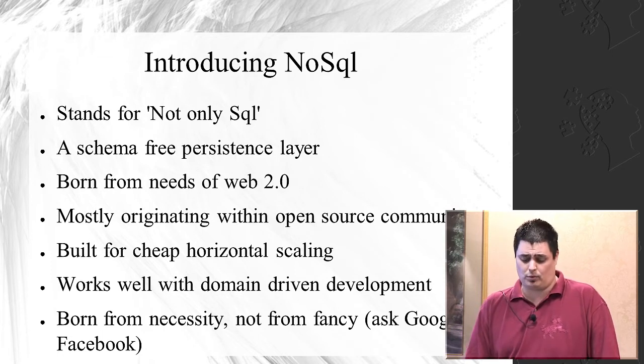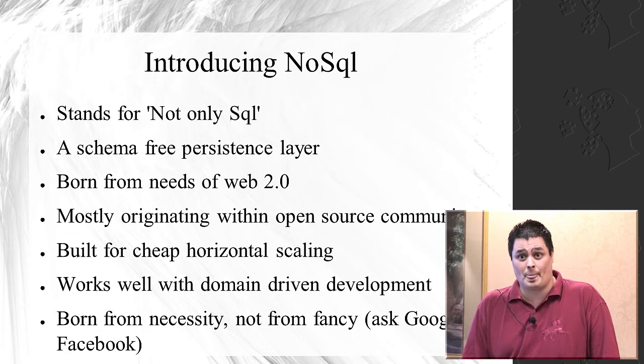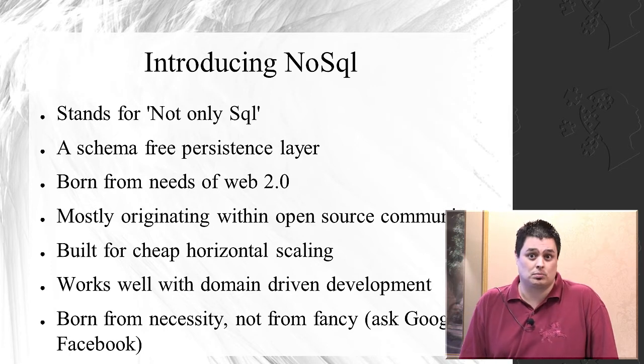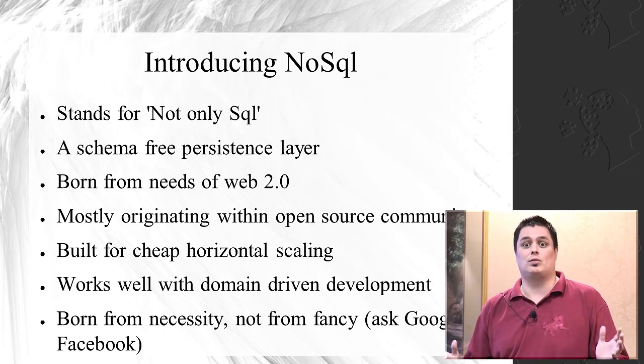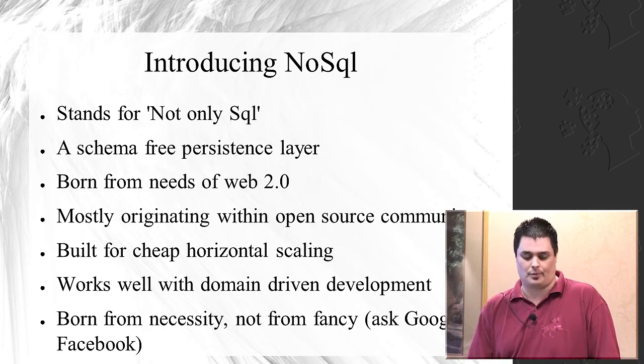Most of them came from the open source community. There's literally dozens of implementations. I wouldn't be surprised if there's maybe even 100 out there right now in the field if you were to round them all up. There's a lot of these things, and they are very different from each other in the certain trade-offs they make. I would like to say that from one NoSQL implementation to another, there's probably more differences than you would see going from MySQL to SQL Server or DB2. So that's just to give you some idea of how diverse it is out there right now.